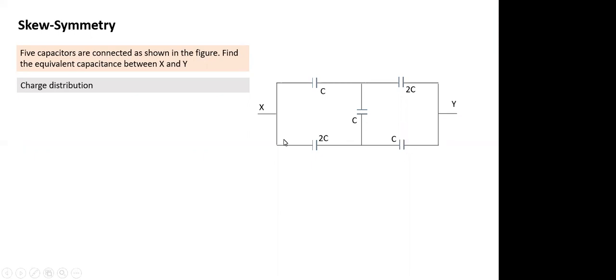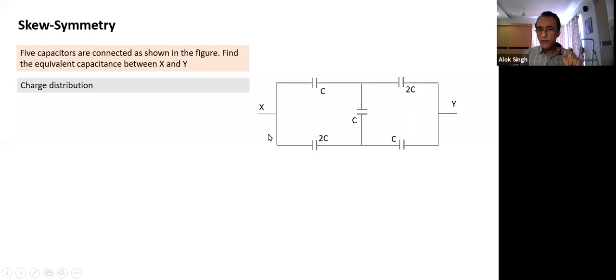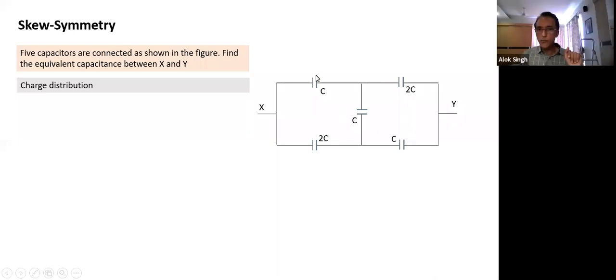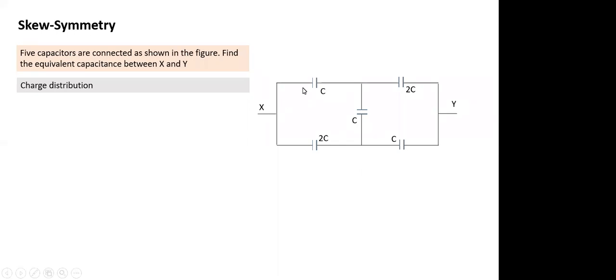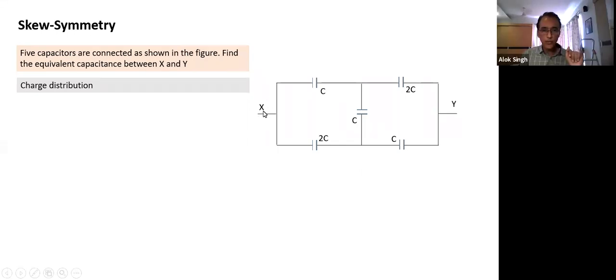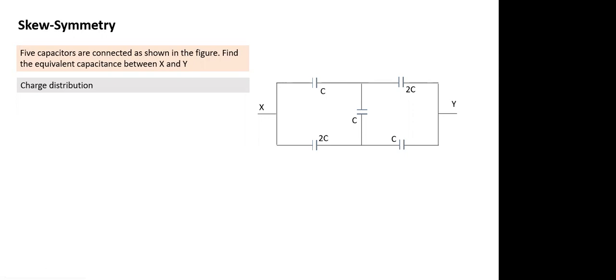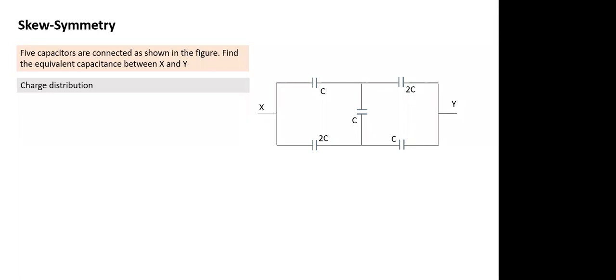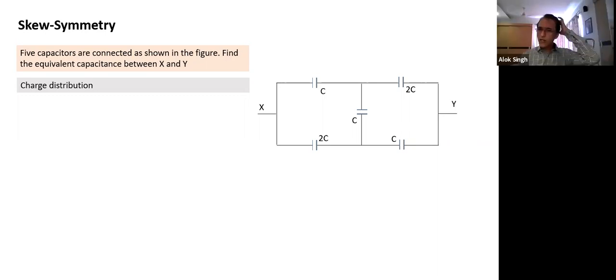Okay. This is when X is connected to the positive terminal. Afterwards, what do I do? Now I connect the positive terminal to Y. Is the position of this C not identical to the position of C with reference to the positive terminal here? It is, sir. So if the positive terminal is connected to X and the charge on this was Q1, when the positive terminal is connected to Y, on this also the charge should be Q1. What does it mean? The previous assumption I made, Q3, has to be equal to Q1. Yes, sir.